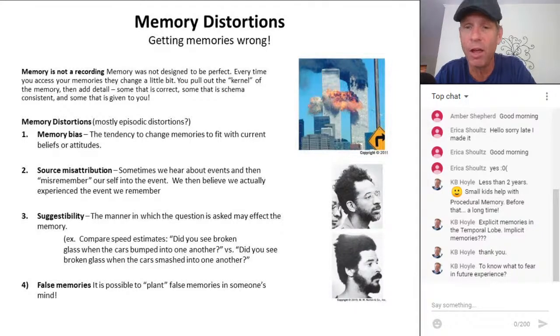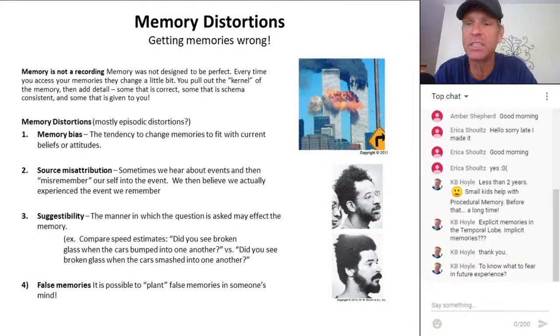And so what Elizabeth Loftus did, she would bring people in and have them watch a videotape of a small fender bender, right? She would then send them home for 3 days and bring them back into the laboratory and ask them questions. In her experiment, the independent variable was the type of verb that she used in the question. For half of the people, she said, "Did you see broken glass when the cars bumped into one another?" And then for the other half of the independent variable, she said, "Did you see broken glass when the cars smashed into one another?" And you know what she found?